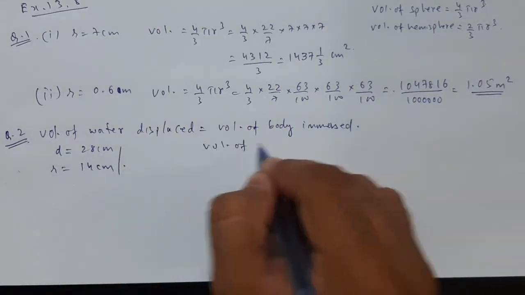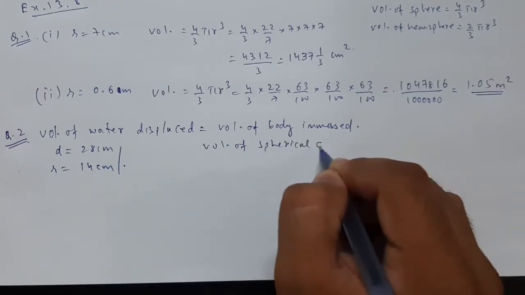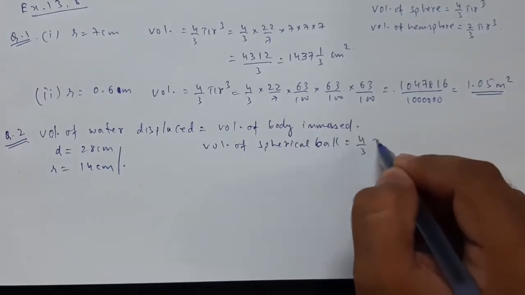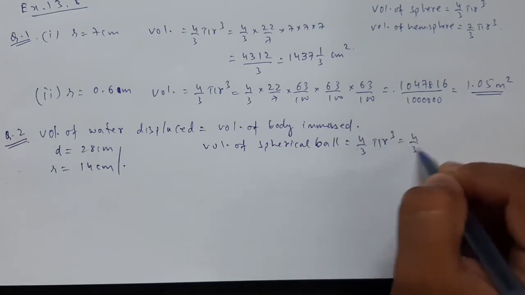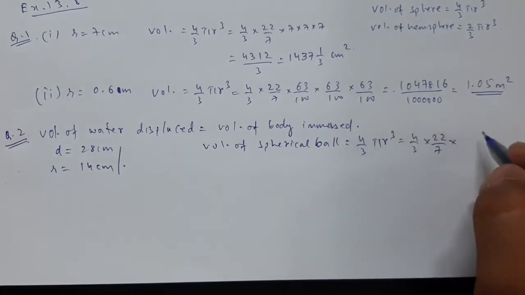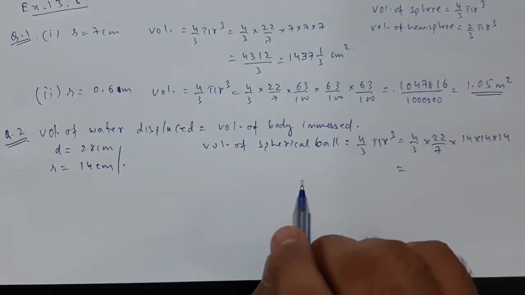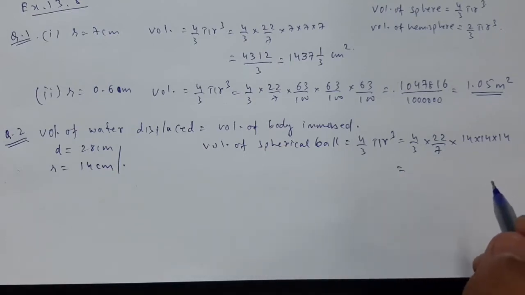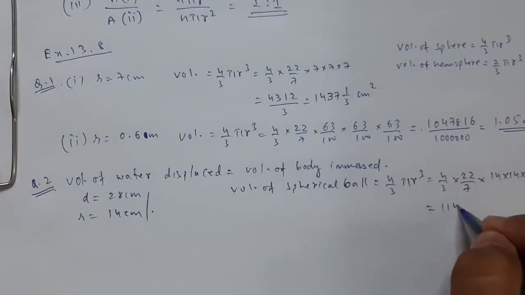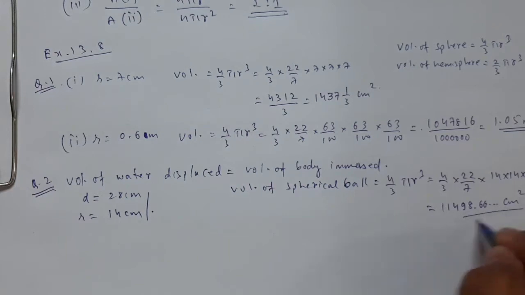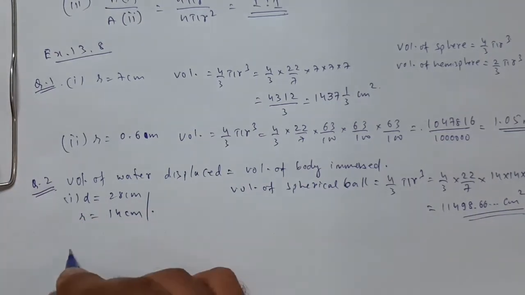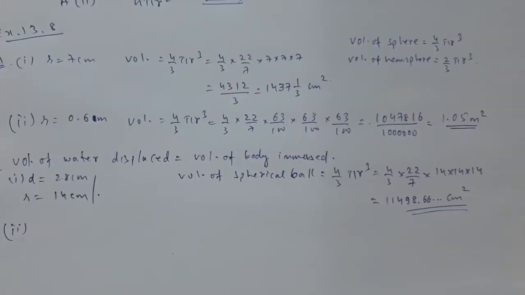So volume of sphere is equal to spherical ball is equal to 4 by 3 pi r cube, that is equal to 4 by 3 into 22 by 7 into 14 into 14 into 14, and the answer to this will be 11,498.66 centimeter cube. Same way in the second bit,